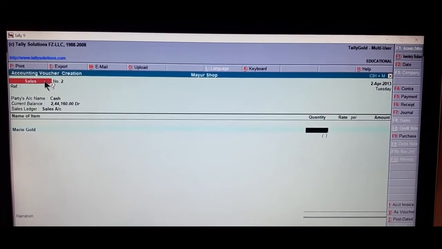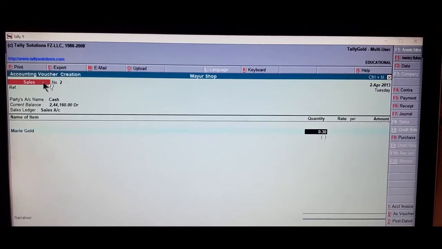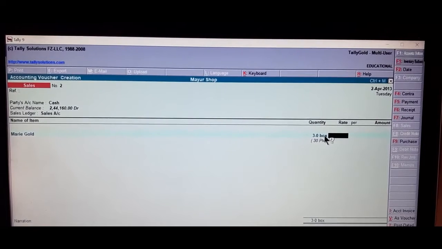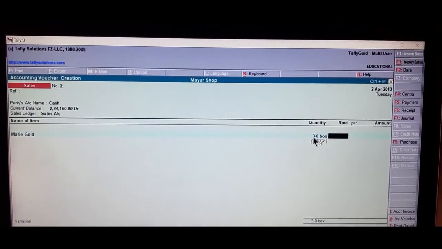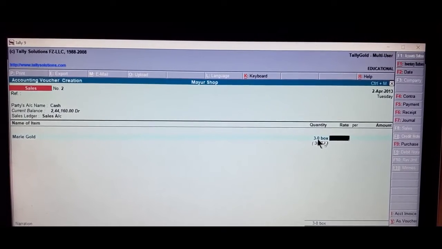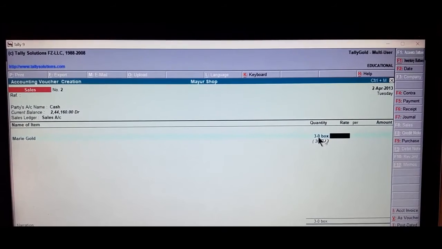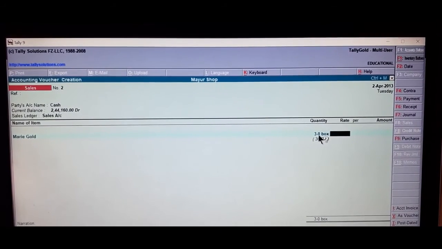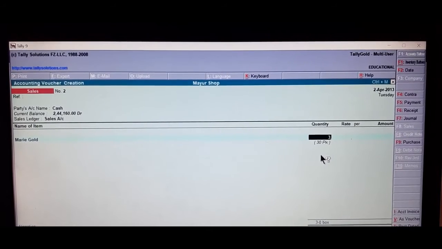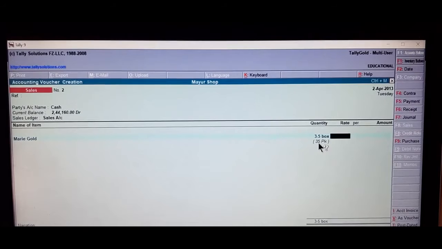Quantity is 30 packs, 0-30. This will come back to 3 box, 30 pack. The first number represents box, the second number represents pack. Suppose if we require 3 box and 5 pack, in that case, this has to be entered this way, 3-5, 35 pack.